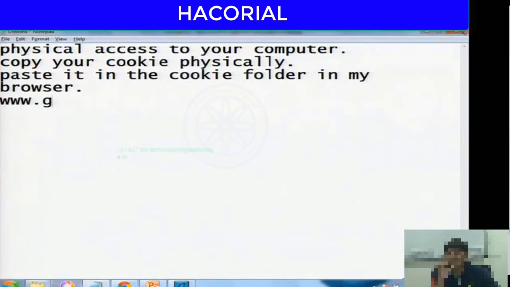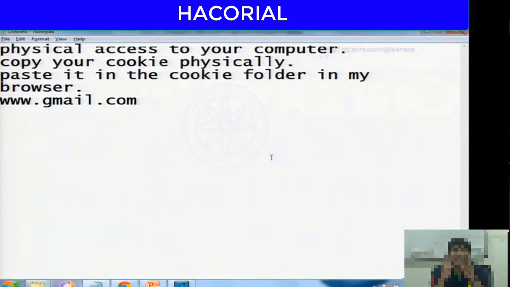Gmail will check if there is a cookie or not. And yes, there will be a cookie, and Gmail will find that cookie and will try to read that cookie, and that cookie contains your computer's session ID. So what will happen is I will get logged into your Gmail account because I have that unique session ID that belongs to you. And that unique session ID is stored in a cookie on my machine. So Google thinks that I am you and logs me into your account without me having to enter your username